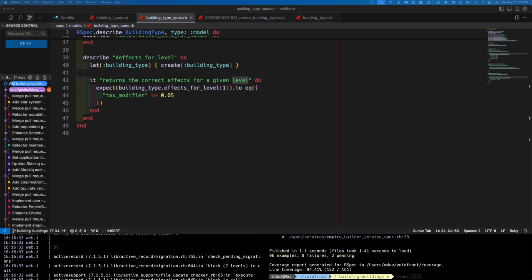That is not a building. Not actually the building. So what we're going to do is